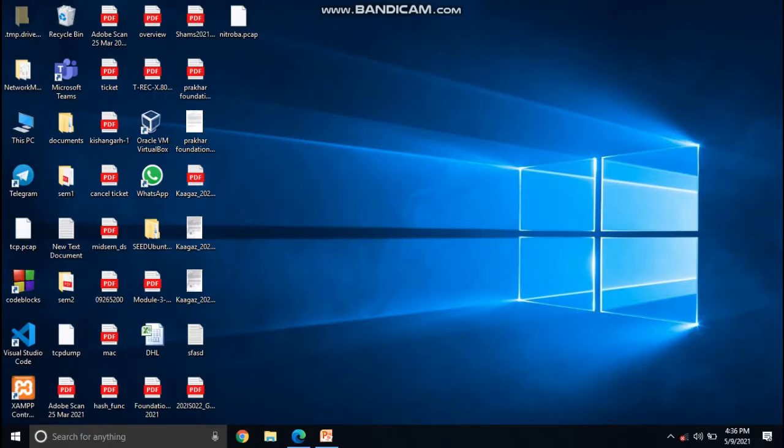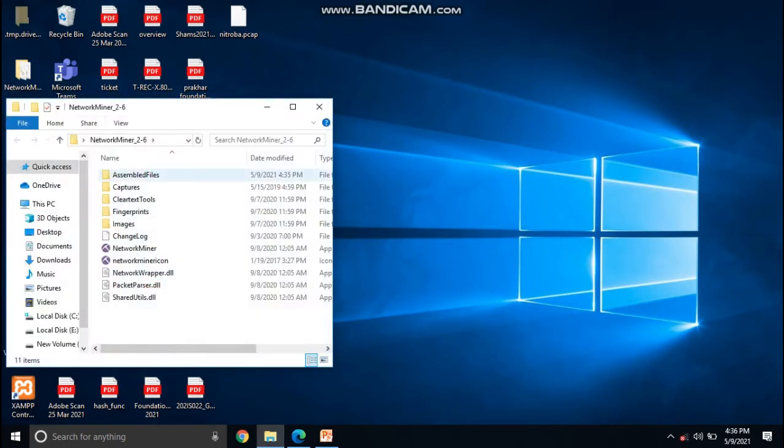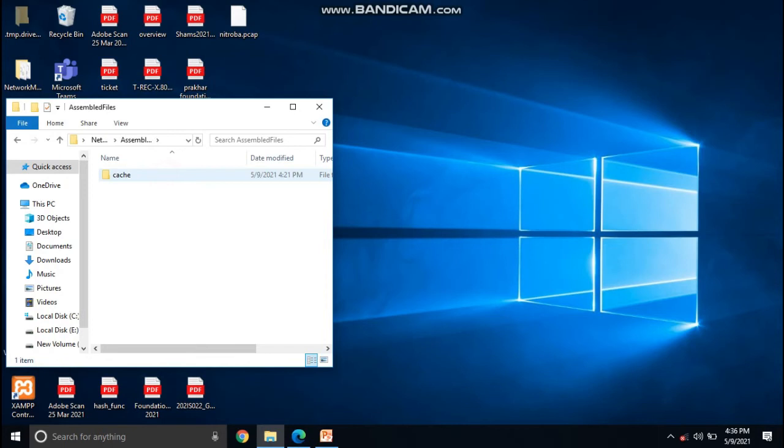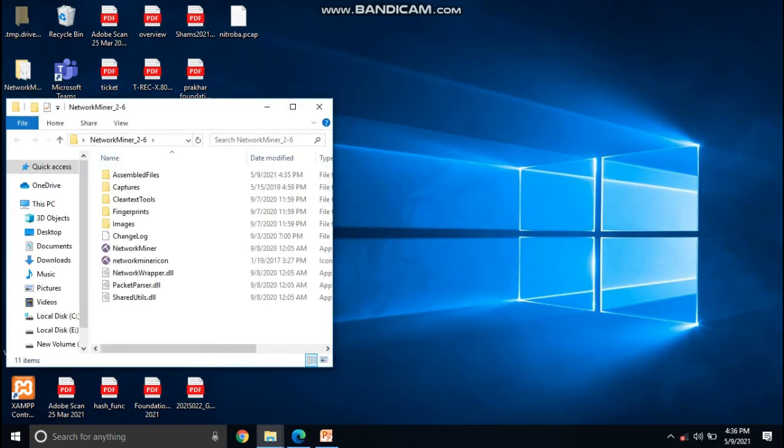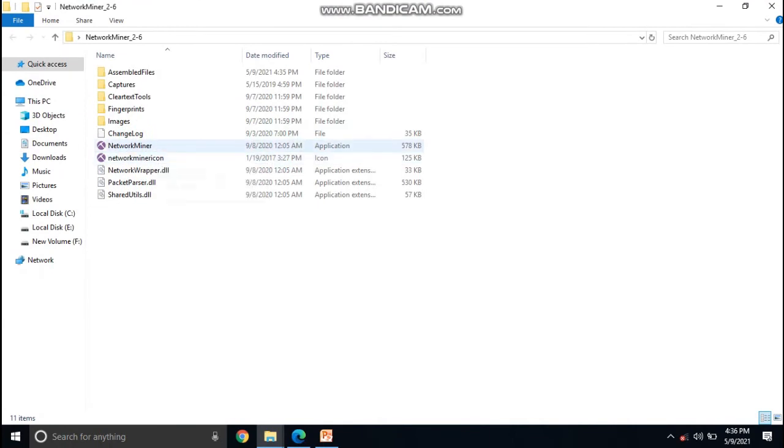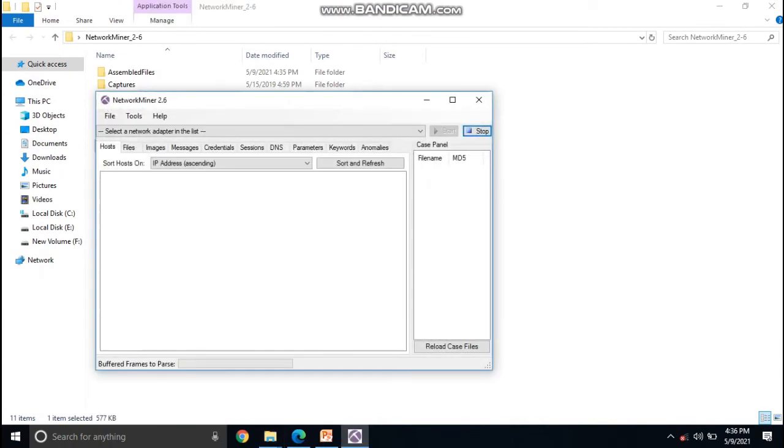So now let's start our network miner. Initially the assembled files contain nothing. Now we are going to open our network miner and load the pcap file.